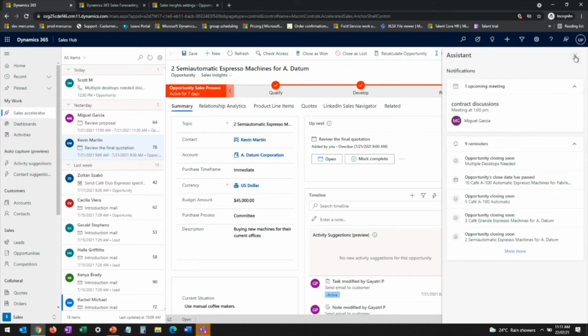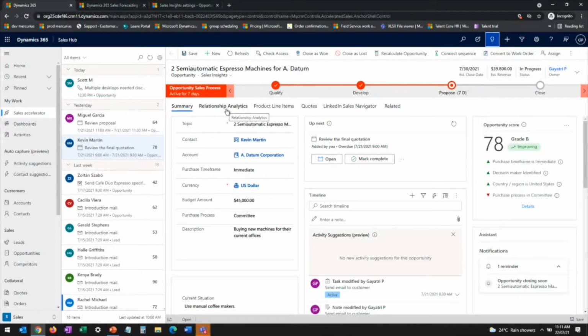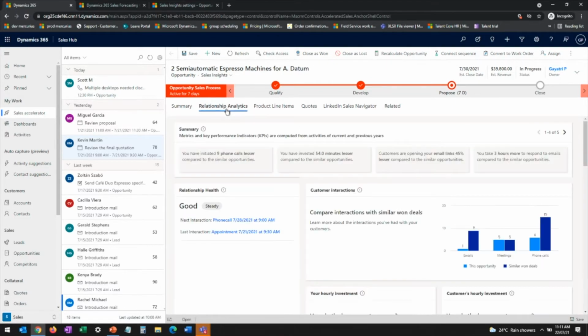Okay. Now let us see the feature relationship analytics. Relationship analytics is captured from the communications and the time which I have spent with the customer. Of course, I need to add that time into that particular record, but once I have added it, it will give me an insight into what the next action steps are that I need to perform on this particular record.